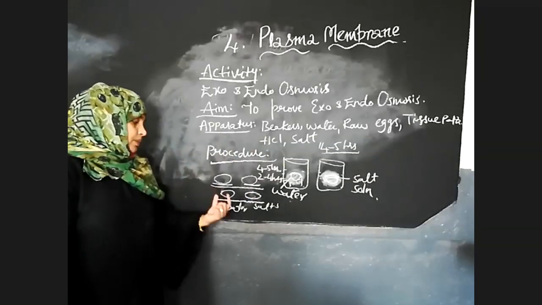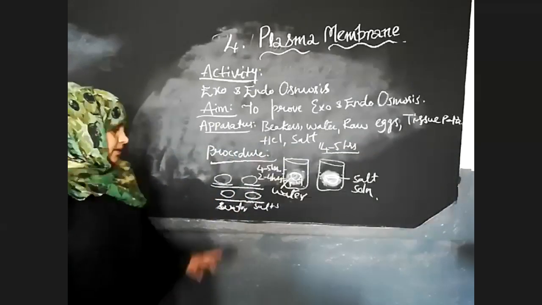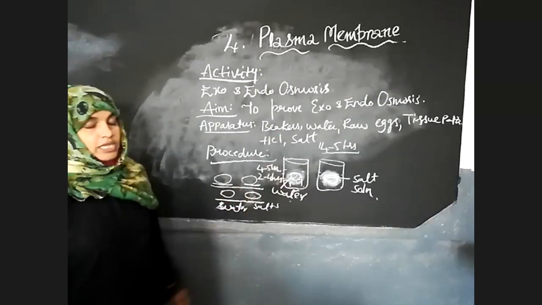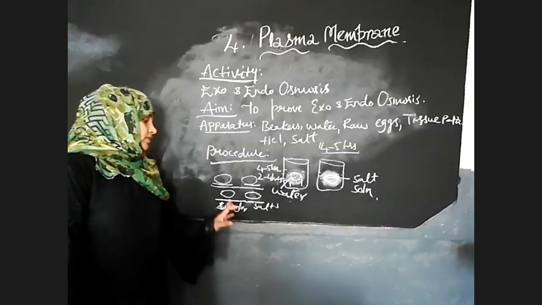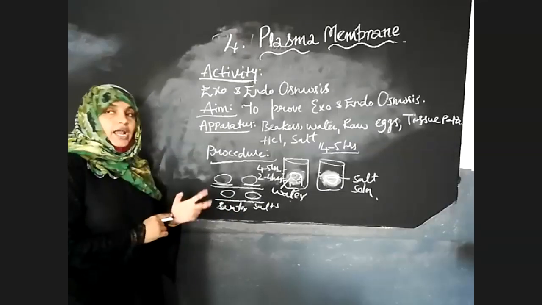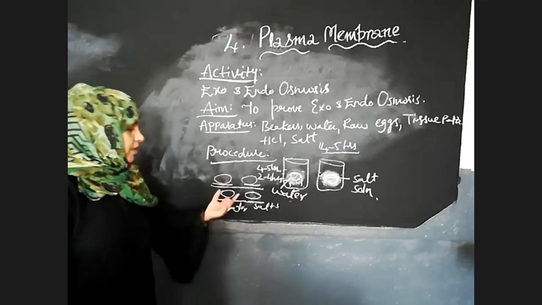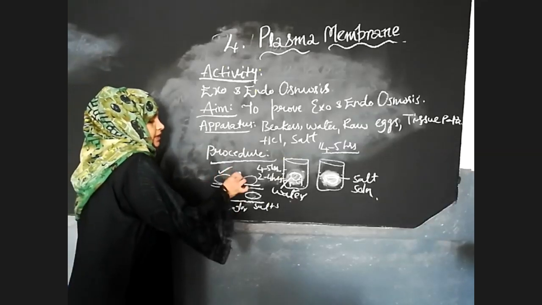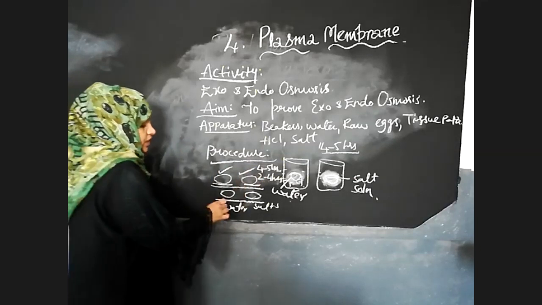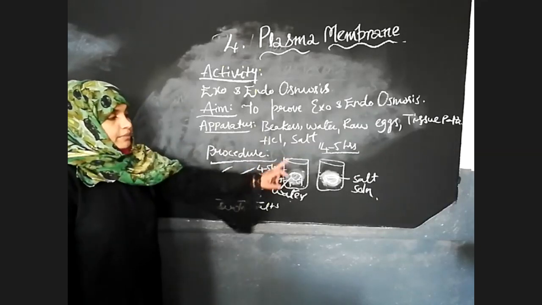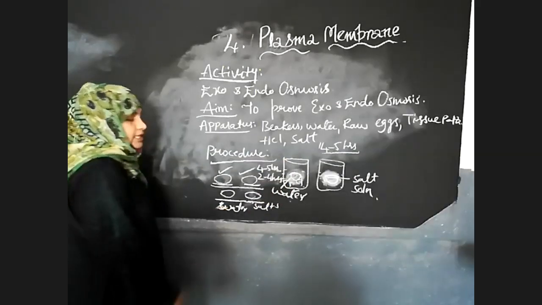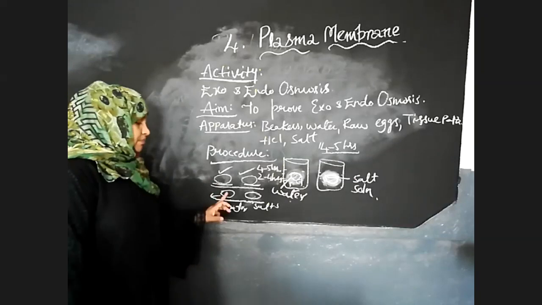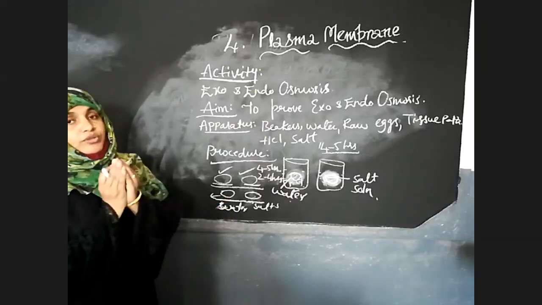Keep it on the white paper. Then the egg which was kept in water, and the egg which was kept in salt solution. With the help of a measuring scale, or we can prepare our own scale with the help of white paper by marking on it. Then you can see before the experiment, the eggs are the same size, but after the experiment, after keeping them in salt solution and water, the egg which is immersed in water will undergo swelling.